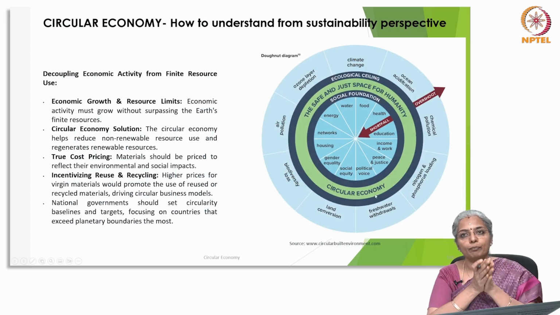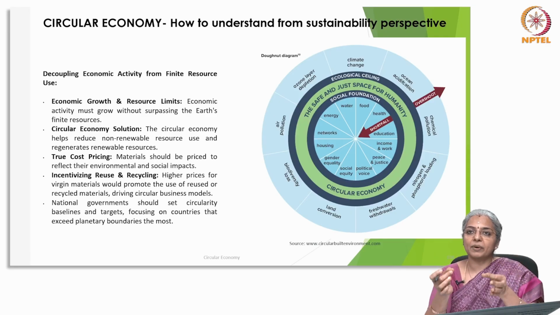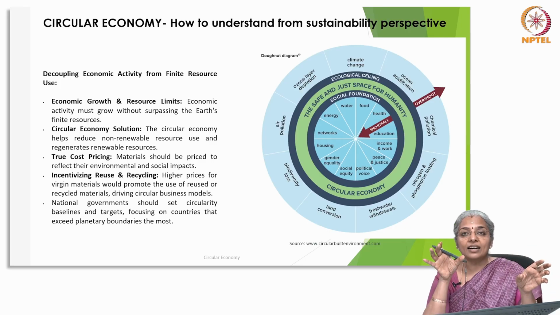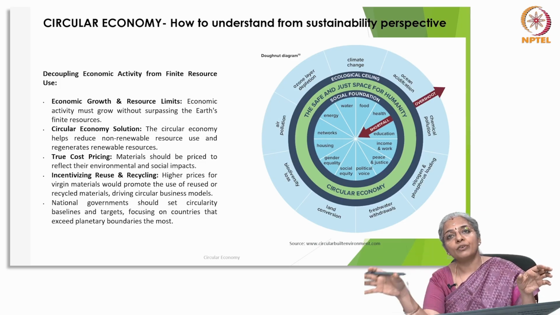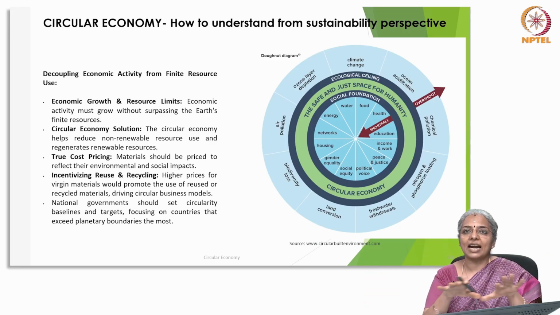We definitely have planetary boundaries, and this defines a social foundation for human needs and an ecological ceiling for Earth's capacity, because I told you we will need many more Earths if we live in the same manner. The safe and just space for humanity exists between these two limits, because for every one person driving a car, there are 10 people riding a bullock cart and 50 people riding a bicycle and 150 people walking. This is just a random number I am saying just to tell you what is the